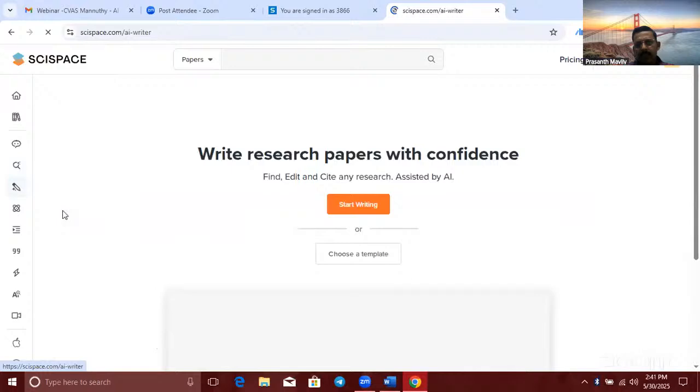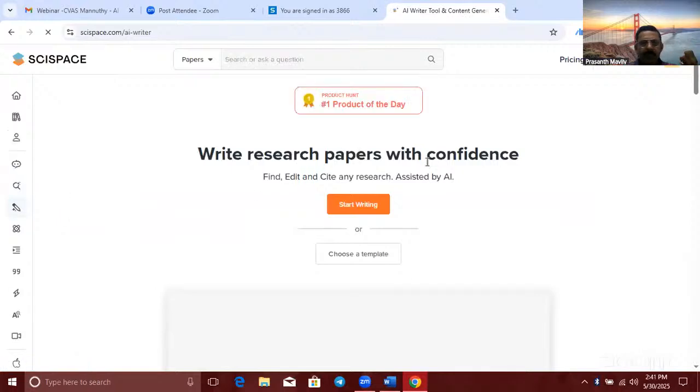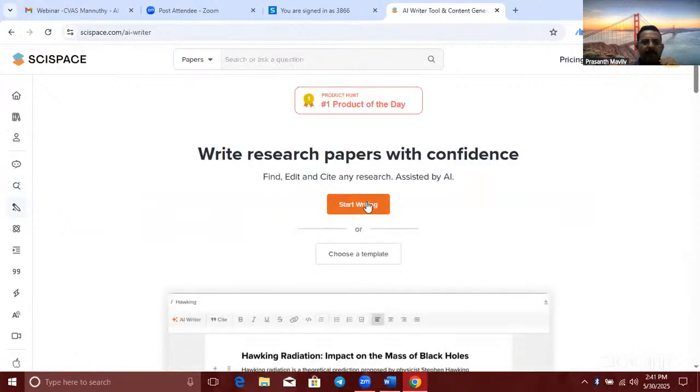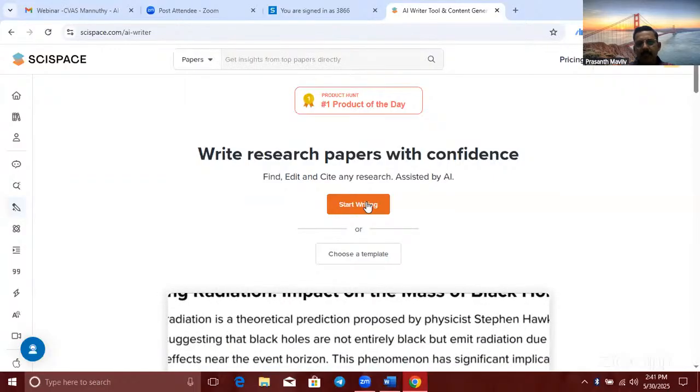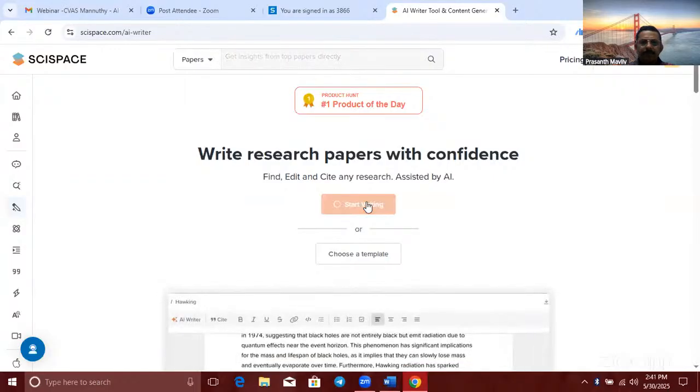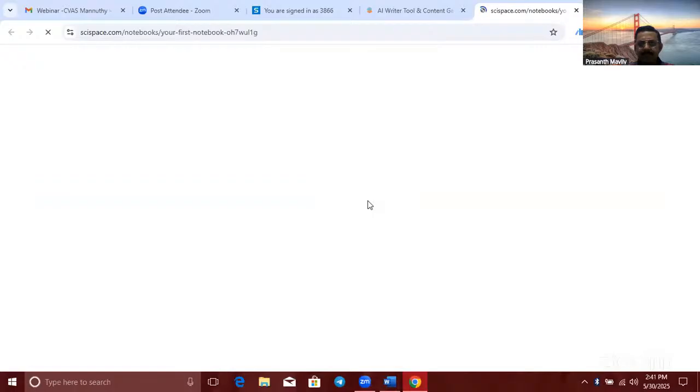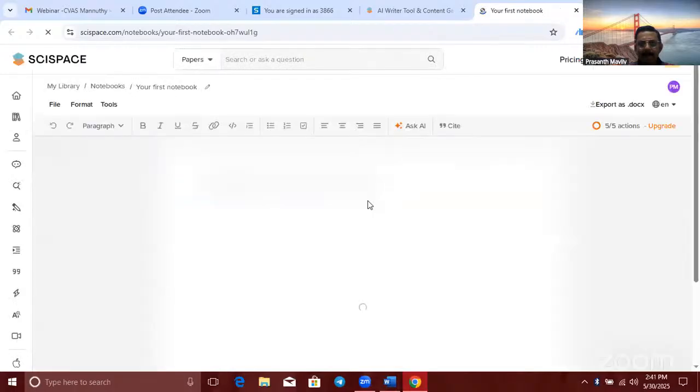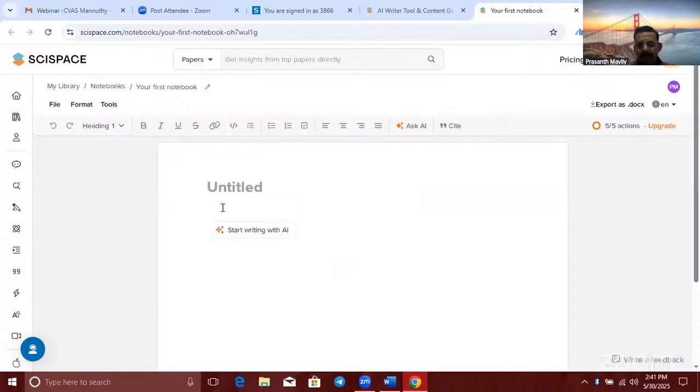Another important option while considering this is the AI writer, which is very useful for students while writing assignments. See, you have to give a topic.